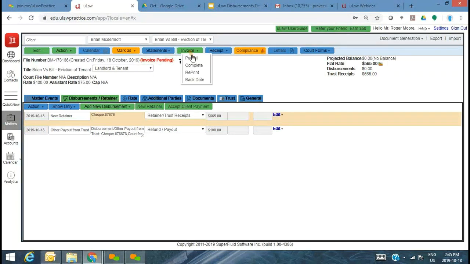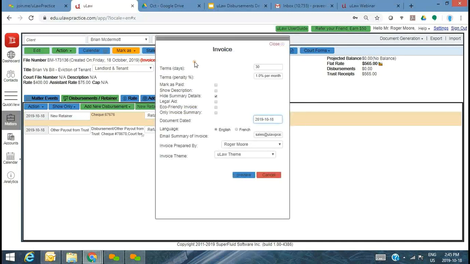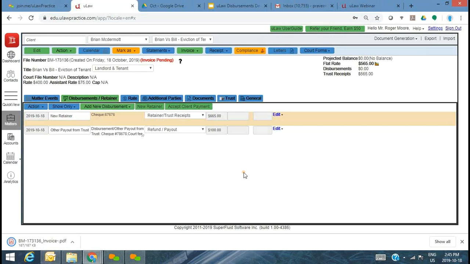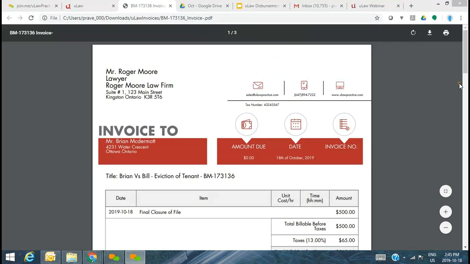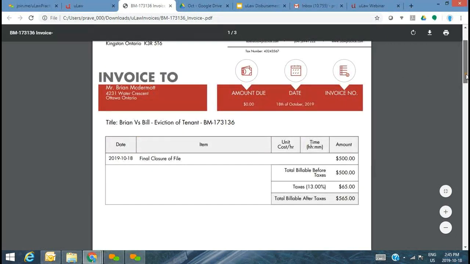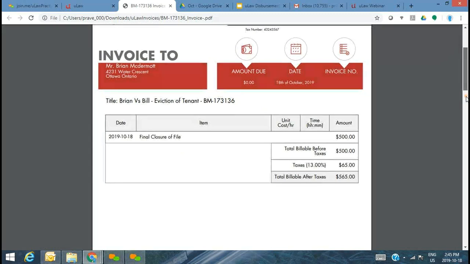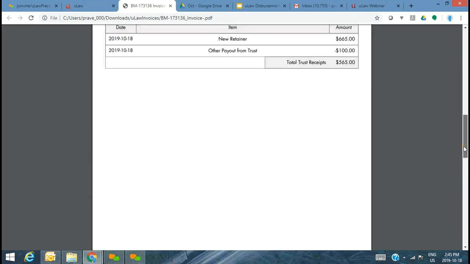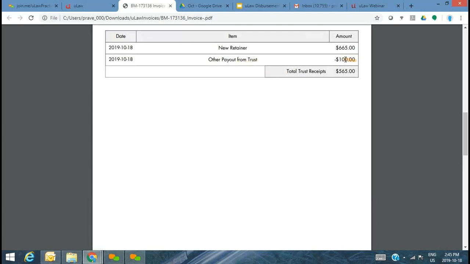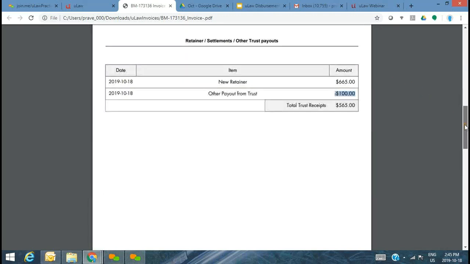Okay? So now when I go ahead and generate the invoice, of course it's a great habit to generate a preview so that you or your legal firm clearly understands the story that this particular invoice is going to tell your customer. So, of course, that's the docket, a single docket for 565. It's got the $100. So this is all the transactions that are relating to the trust account.